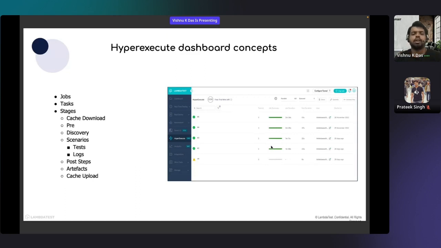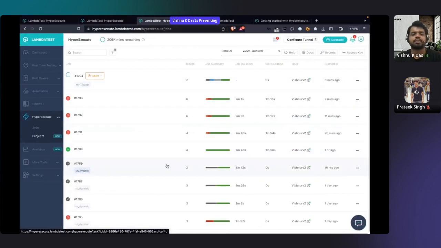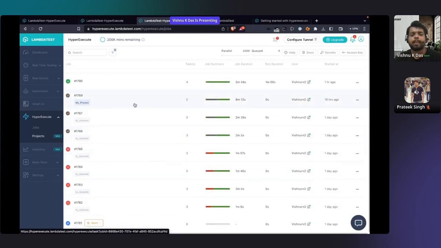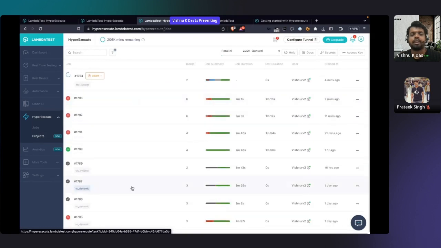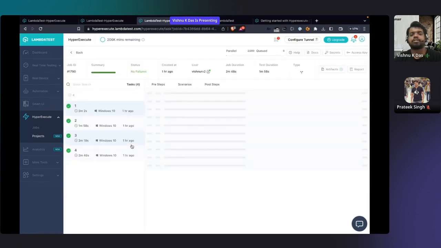Yeah, so the HyperExecute dashboard concept. The HyperExecute dashboard has multiple stages, so I'll quickly walk you through step by step what terminologies are being followed here. This is a summary of how the job page looks. These are all the jobs. As you can see, all my jobs are listed over here, and within each job, as soon as you click